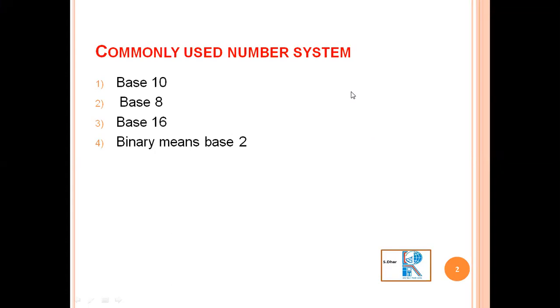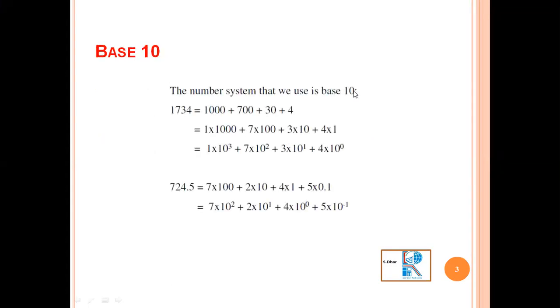Now you already know that the base 10 system is the number system we use in our everyday life. Now suppose, what is base 10? How to represent a number in base 10? Suppose this number is 1734. This number in base 10 representation, from the right hand side, that means here 4. So 4 into 10 to the power 0 plus, as the base is 10, 3 into 10 to the power 1 plus 7 into 10 square plus 1 into 10 to the power 3. So if I add this, we will get